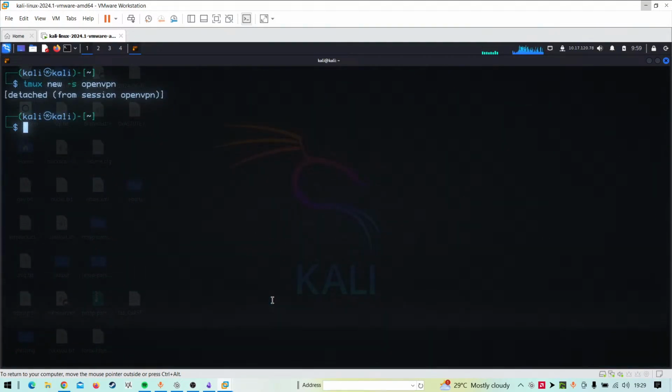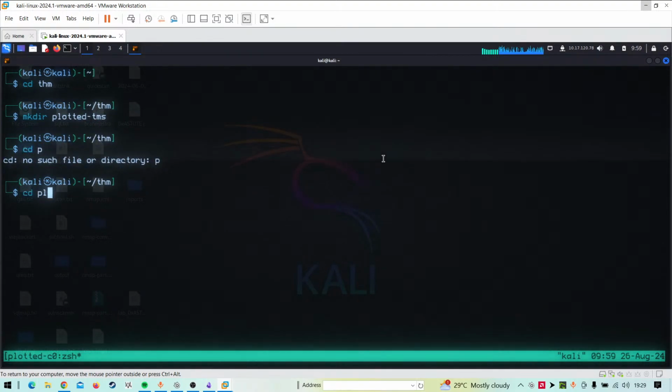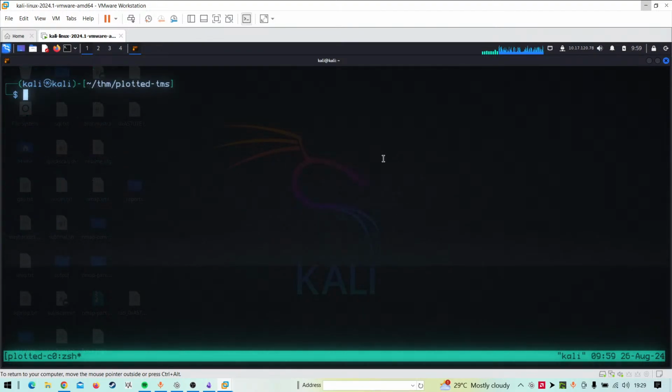Just put it in the background or attach it. And I think the machine name is Plotted CMS. Make it a THM folder and make a folder named Plotted TMS, and we can go to Plotted TMS, and this will be our platform.